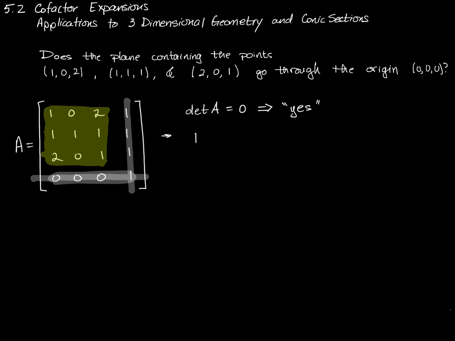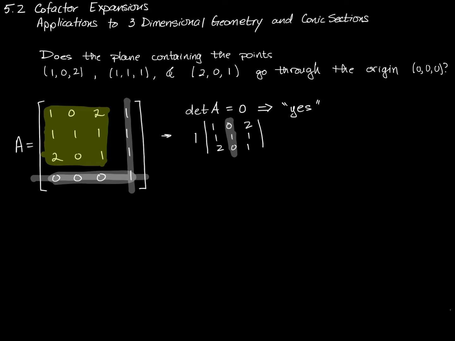So let me do this. 1 times the determinant of, in fact, I'm going to write it as an actual determinant. So the determinant of this matrix, 1, 1, 1, 2, 0, 1. Okay, so now I have to do that work, and I'll go ahead and highlight the row or the column rather, that I'm going to use for my coefficients, and I get to start this